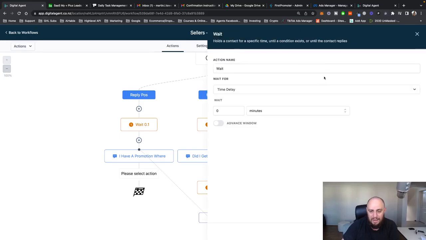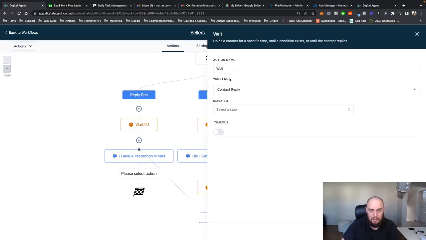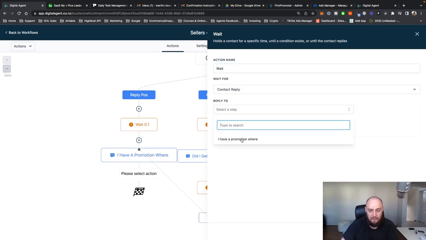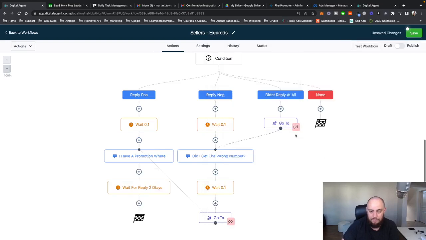So if you go to Wait and scroll down to "Wait for reply," right? Wait for reply to the "I have a promotion" message, okay? And then this is an expiry, so I would actually wait for 2 days. Because if they still haven't responded, wait for reply, 2 days, right? Save that. And now, because you've done that wait for reply step, you can do